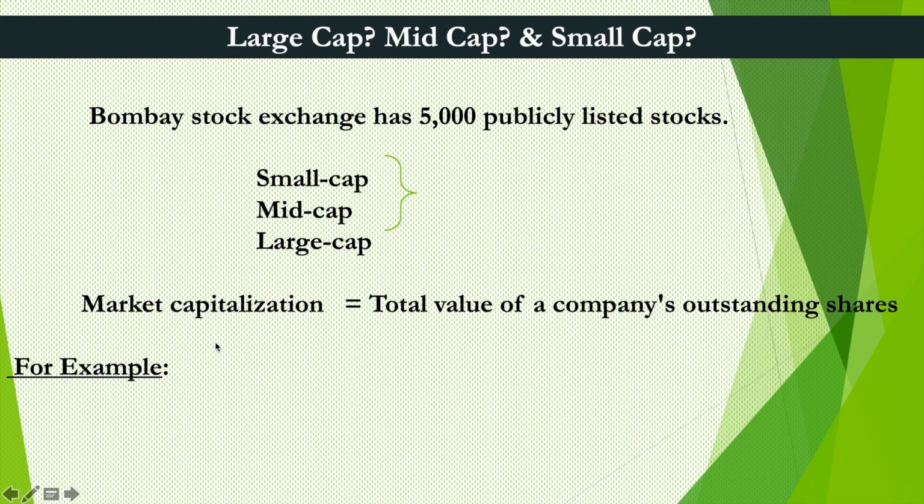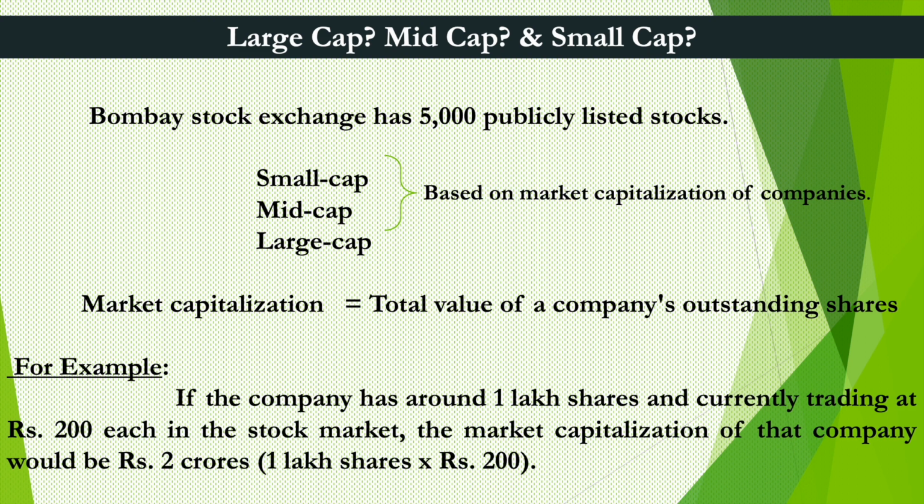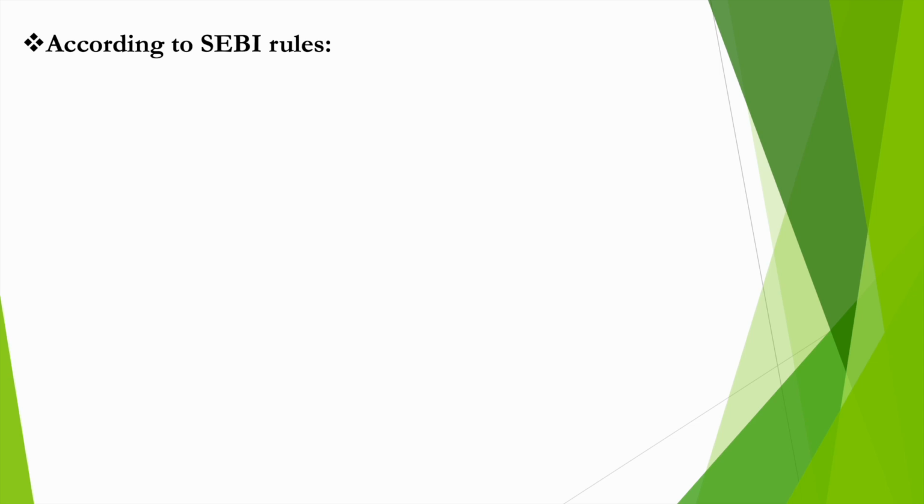For example, if the company has around 1 lakh shares and is currently trading at rupees 200 each in the stock market, the market capitalization of that company would be rupees 2 crores. That is, 1 lakh shares multiplied by 200. Now, according to SEBI rule,